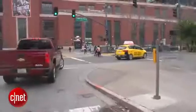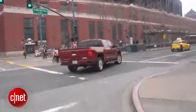Now the good news is, CNET got a truck. We don't get many of these, and a fair number of you ask for us to get more. The bad news is, CNET got a truck. We're not truck people, I'll be the first to admit. I mean, we're based here in downtown San Francisco. Typically you don't see a full-size pickup unless it's pulling up to read your gas meter or pulling a float